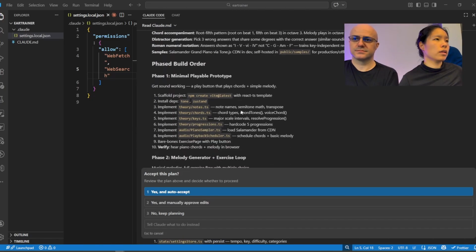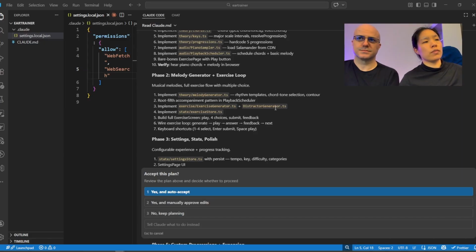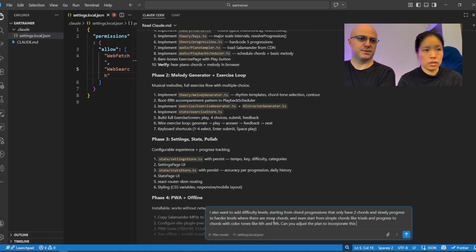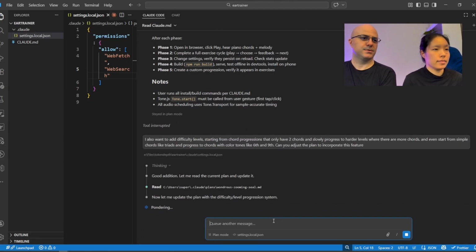I wonder, like, should I tell it right now that I want to create different levels of difficulties? Or should I add that later on? You can say now. You can click on no, keep planning, and then it already has created this plan, and then you can just refine it basically. Oh, okay. Incorporate this feature. Yep. All right. Yeah, and see, it is also as part of the plan. It included how to test after each phase.